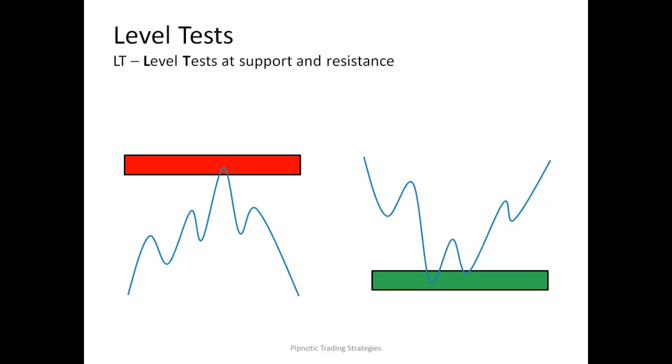Level tests look like this. We'll have our eye on a previously identified level, which will of course be historically respected support and resistance, which converges with some kind of technical study, any of the technical studies that we spoke about earlier. So here we can see we have a significant level of historical support and resistance, and price moves up towards this level. And on the approach, you can either, for example, sell on the test of this level, or you